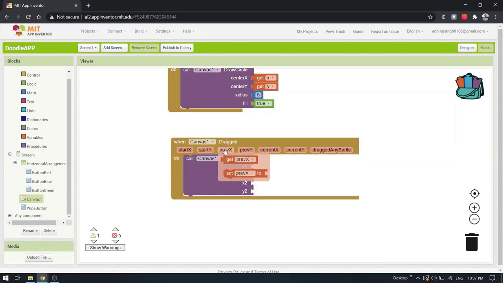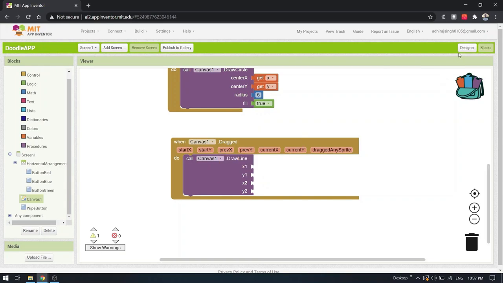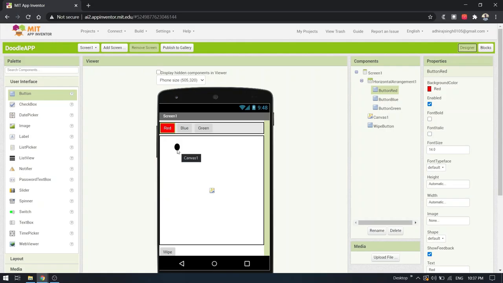Now in the local variables, what are these previous x, previous y, current x, current y? Let's say I put my finger at this point. This point where my finger is placed will have an x value and a y value. Imagine this is a graph. So this point will have an x value and y value. Let's call it x1 and y1. Similarly, if I drag my thumb till here, then this point will be formed. This point will have a different x and a different y value. Let's call it x2 and y2.